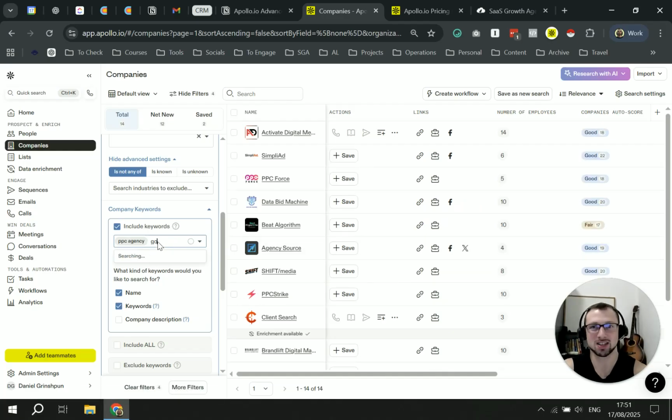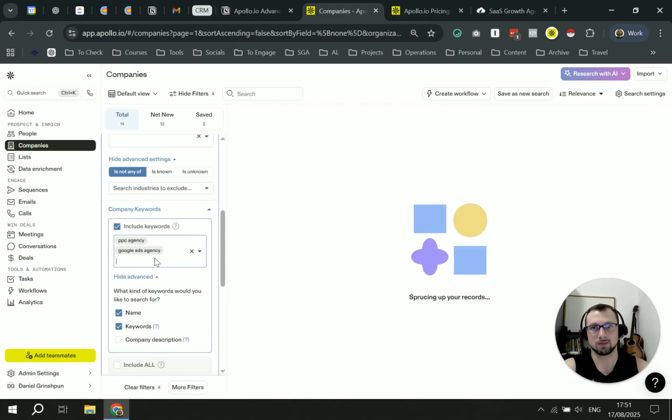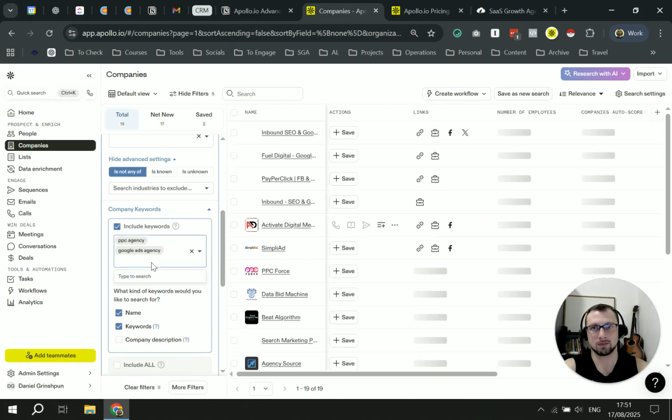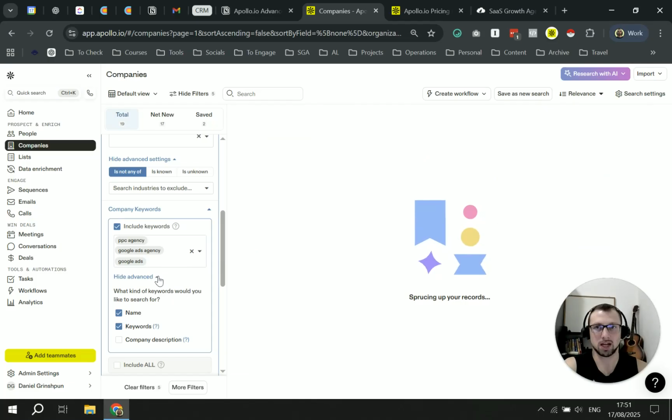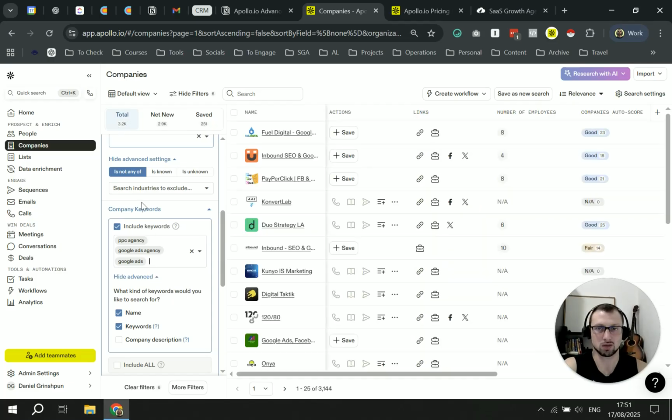So PPC agency, Google Ads agency. Well, that's management, all that stuff. So you can see, oh, the search expanded. So this is how I build narrow lists. And from the beginning, I recommend you build